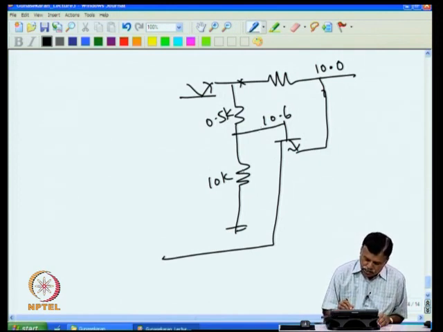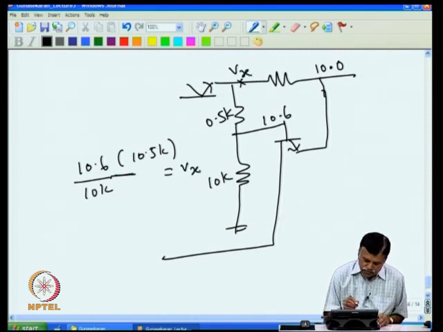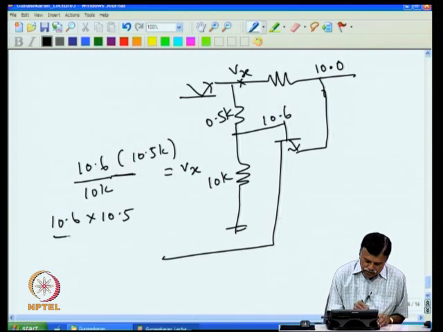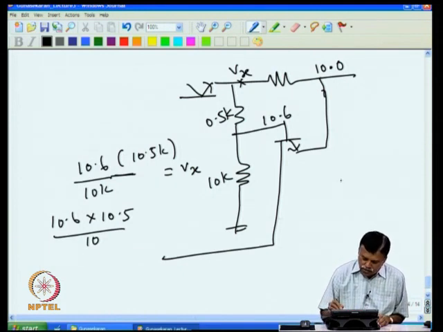So the voltage across this, if I take, that is 10.6, so you have 10.6 divided by 10K into 10.5K. That is the voltage, that is Vx. So if you calculate this, that comes 10.6 into 10.5 divided by 10. So if you calculate this, you will end up having, for example, this